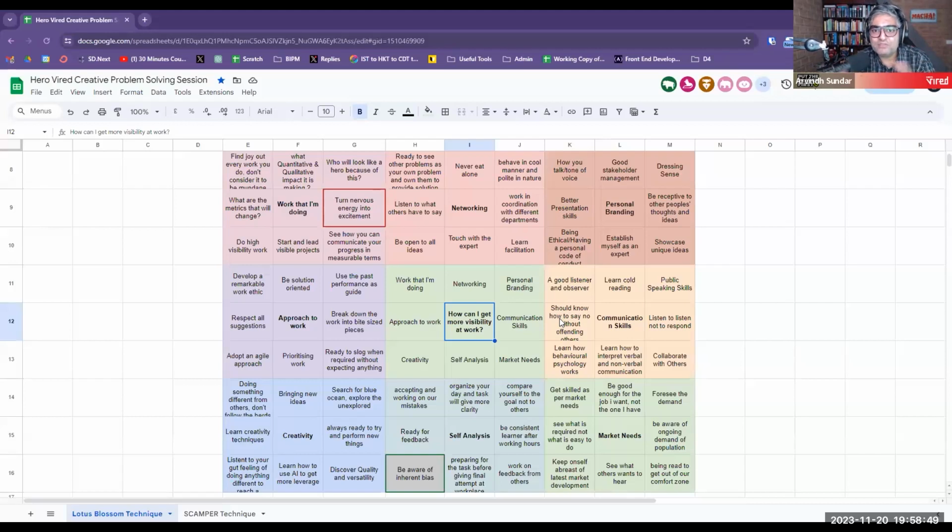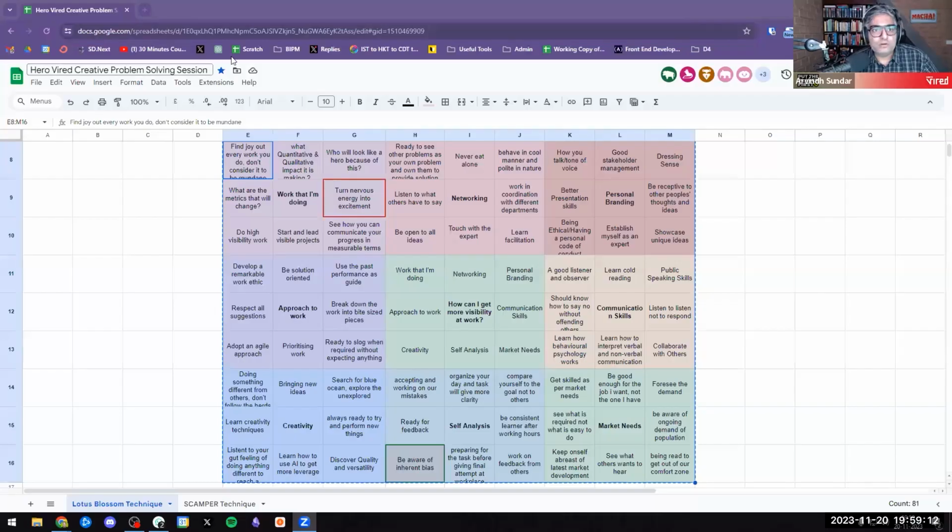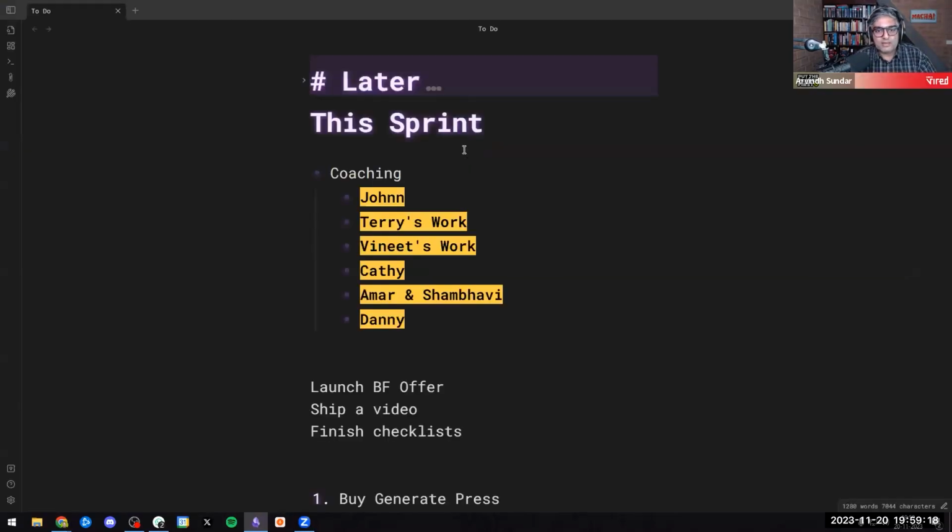Once you have these, you can feed it to ChatGPT and say, hey, this is what I have as options for how can I get more visibility at work. Can you give me more ideas? Or you know what? Let's actually try that. So I'm just going to stop sharing it like this, and instead, I'm going to be sharing my entire screen. So don't panic. In the meanwhile, I am going to open up my,